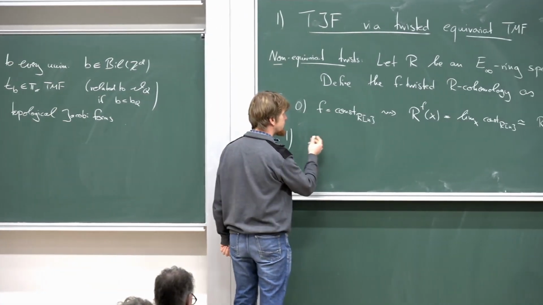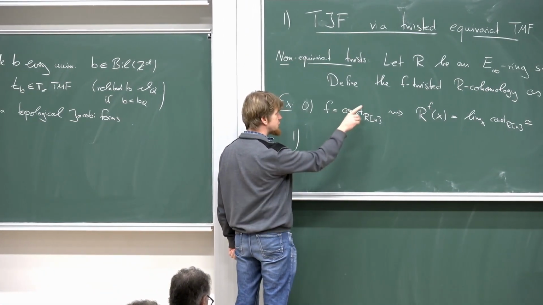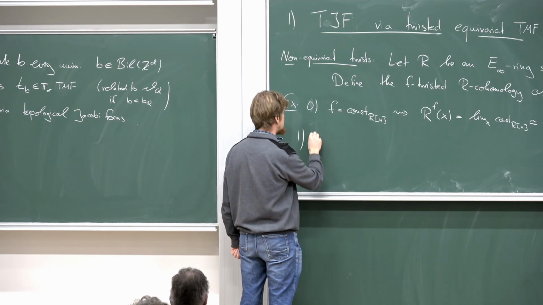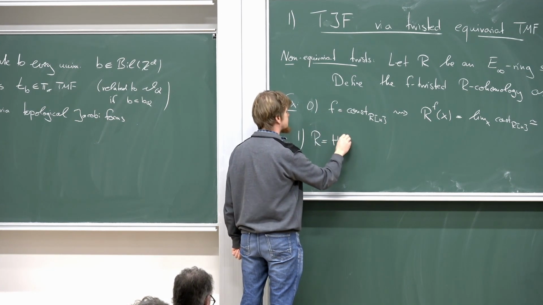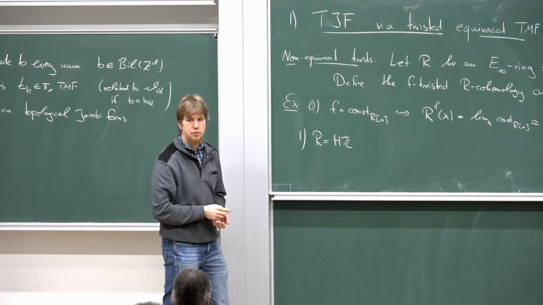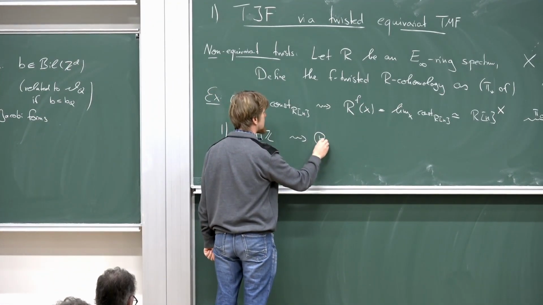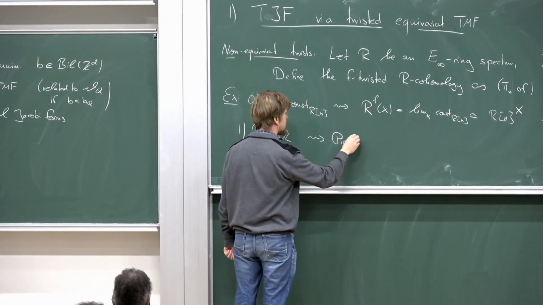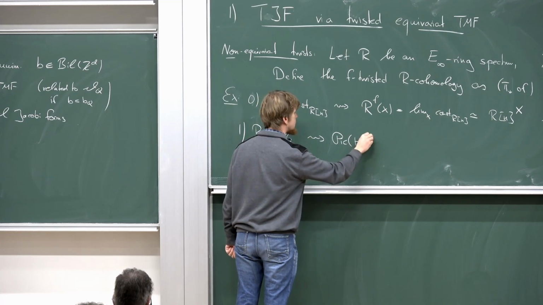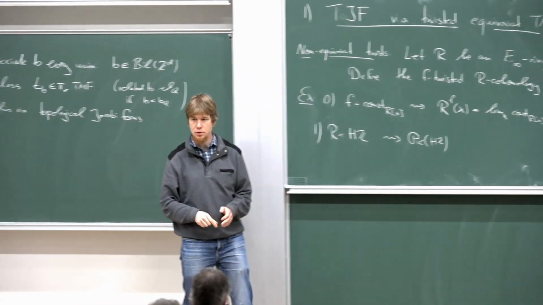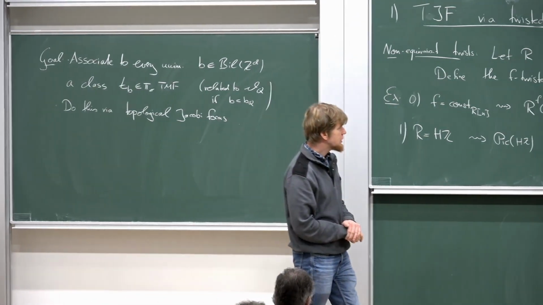So then another example, which will be relevant for me today, but I think it's good if one wants to get a handle on these ideas. You can look at R equals HZ. Then, well, the Picard groupoid of HZ, the Picard infinity group of HZ, is pretty simple, because